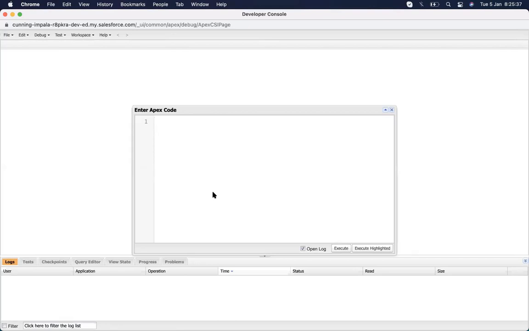Suppose I need to print something. Just like we have learned in development, whatever language you are familiar with: if you are familiar with Java, you know System.out.print.